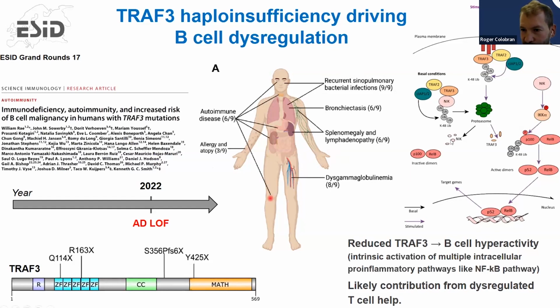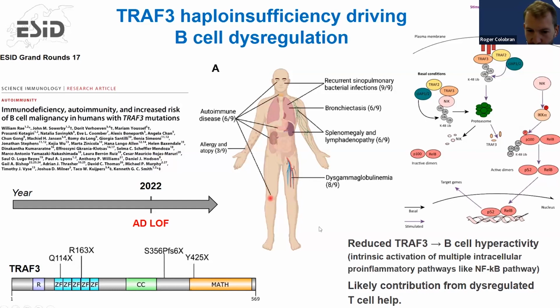And in this case, reflecting the role of TRAF3 as a constitutive negative regulator of the NF-kappa B pathway. So when there is reduced TRAF3 in these patients, you can see here the different loss of function mutations, the reduced TRAF3 leads to B-cell hyperactivation. In fact, most patients have dysgammaglobulinemia in the form of hypergammaglobulinemia, and this was a completely different phenotype compared with